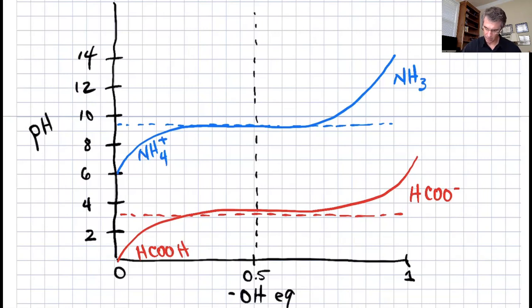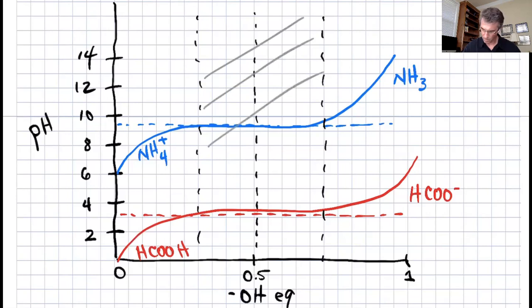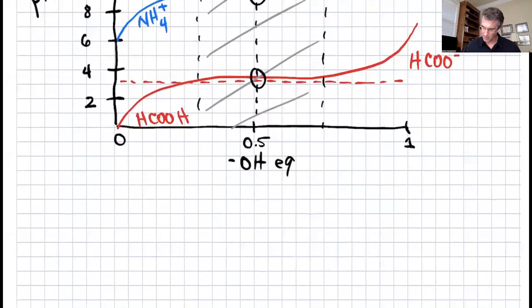Right here, in this region, about a half a pH unit or so above and below the equivalence point, that curve stays strikingly flat. So what's happening right at that midpoint in each case, here and here? Well, at that point, in both cases,